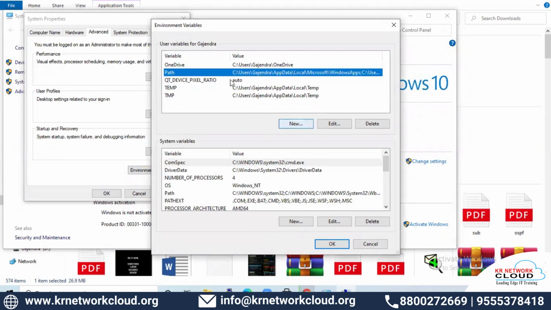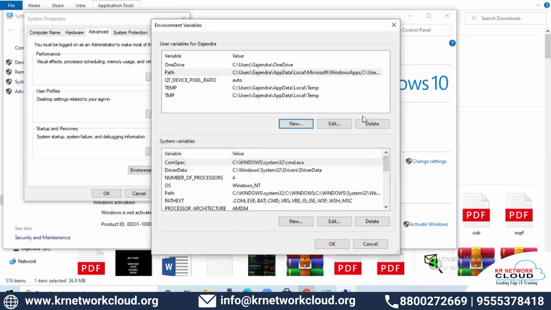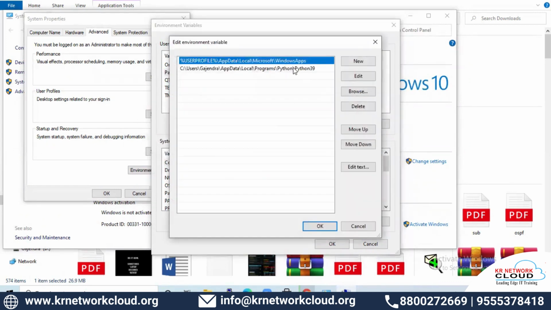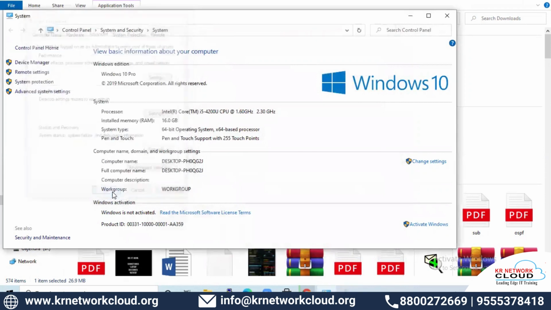And if you do not have this path variable, then you need to click on new, write Path here and just copy your location here. And if you already have that, just click on path and edit it. Click on new, and copy paste your path here. You can see I already have that. So click OK, then click OK here and OK here.